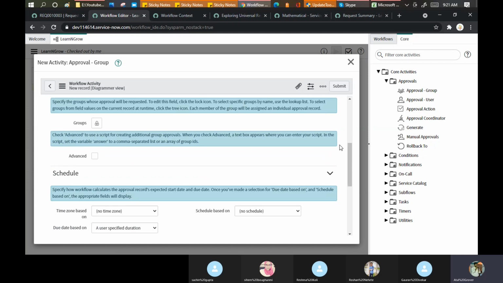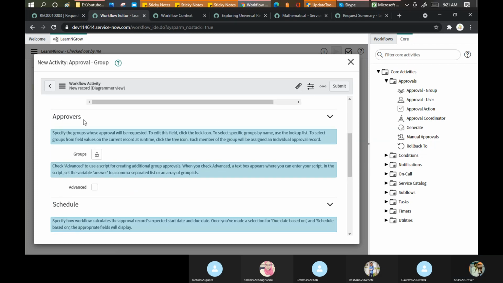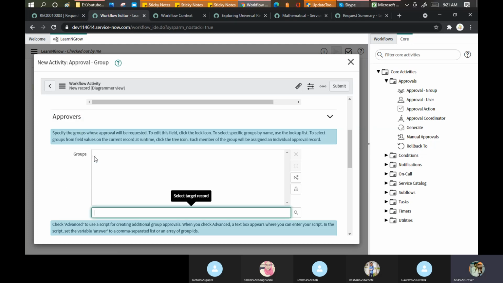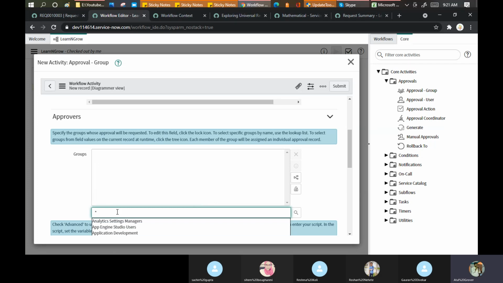The important point to understand is the approver. To which group you want to send this item for approval, you can unlock this option here. I said it should go to batch 3. Sorry, we don't have a batch 3 here. Let me put some group here. Okay, let me put the change group here. It should go to change management for the approval. Do you want any other group? Yes, I want the problem management group as well. CAB approval. I said okay, done.